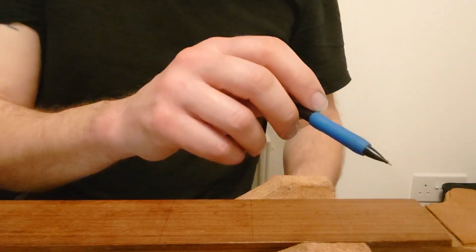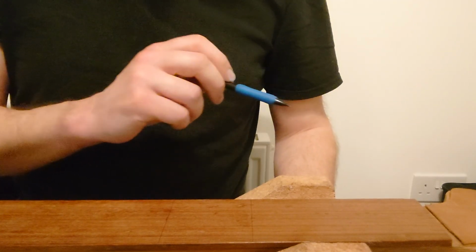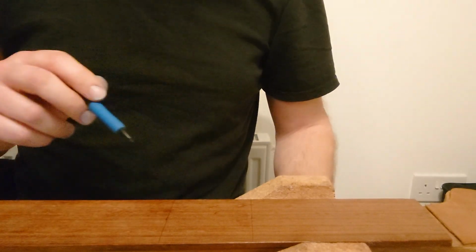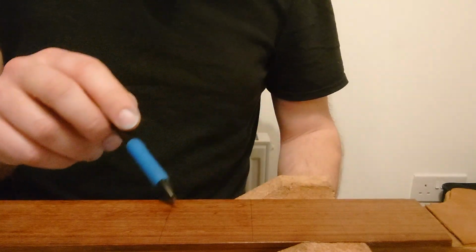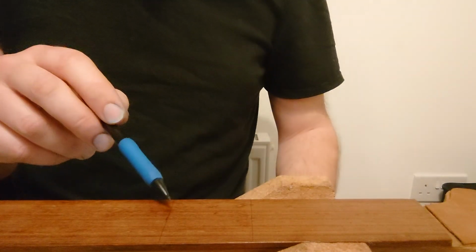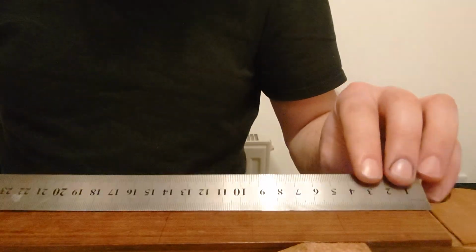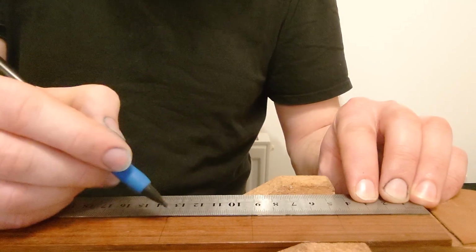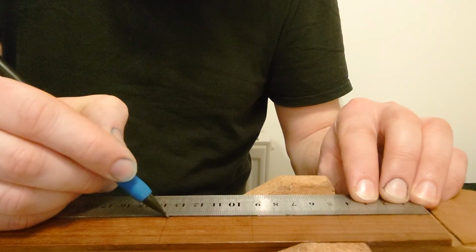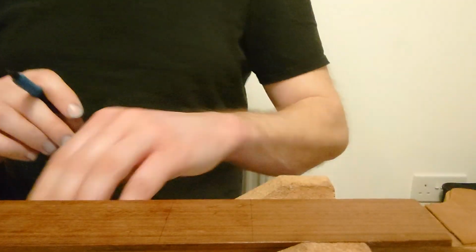So I know that the next fret on my bass that I wanted to do, we'll do this one that I've already done, I was going to do the 3rd fret, is going to be 13.5 centimeters from the nut to this 3rd fret. So I take my ruler, I measure along 13.5 centimeters, we can do this in inches, and I put a little mark where that is on the center line. Then I take my protractor